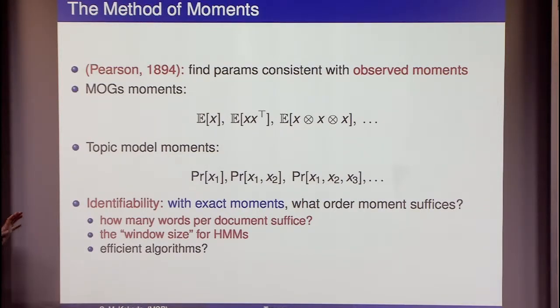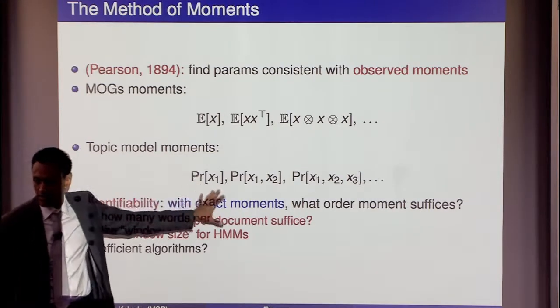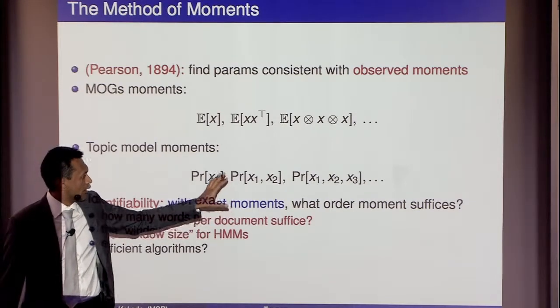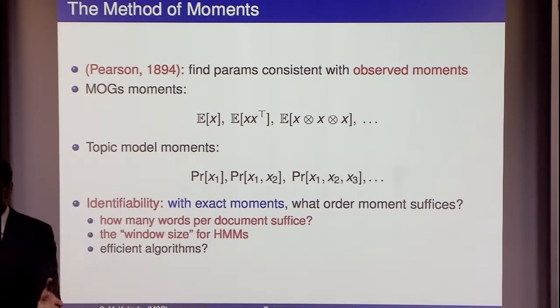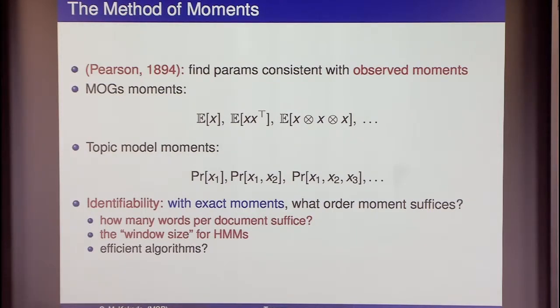And this isn't even a statistical question, right? This is an identifiability question. Suppose you had an infinite collection of documents and they had two words in them. Could you identify the model? What about three? And this is interesting for HMMs because